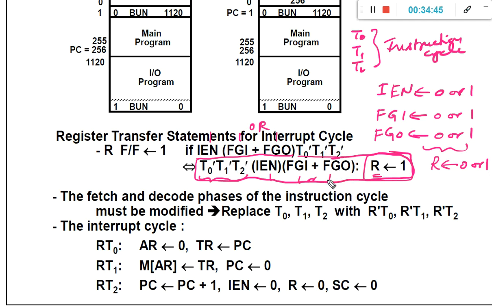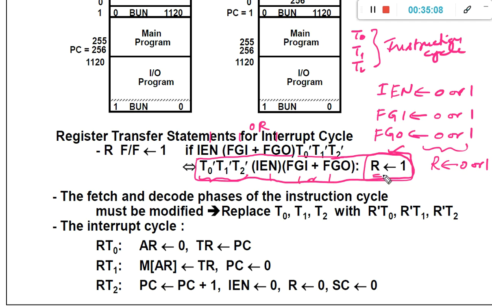However, sometimes what happens is the instruction cycle as well as the interrupt cycle may overlap. Because during the execution of the instruction cycle, in between, the R flag may sometimes be set to 1.